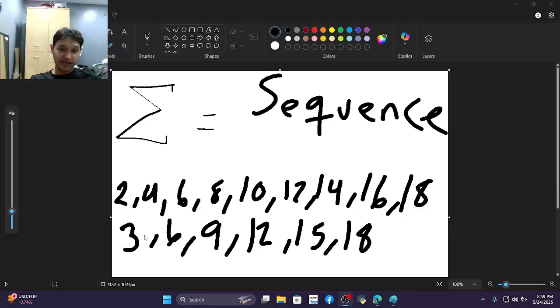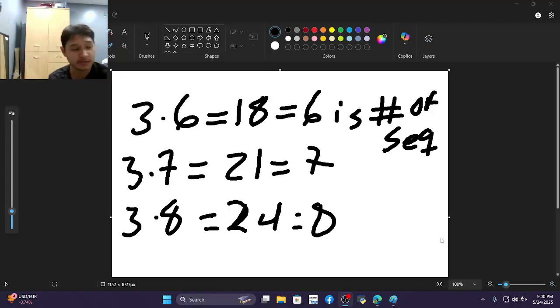And right here we got 3, 6, 9, 12, 15, 18. This is an infinite sequence consisting of the multiples of 3. The multiples of 3, it's an infinite sequence. Well, because